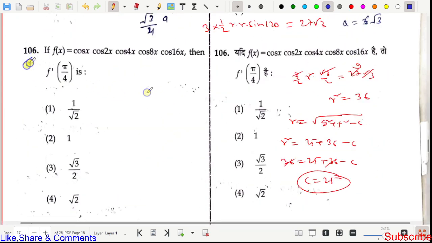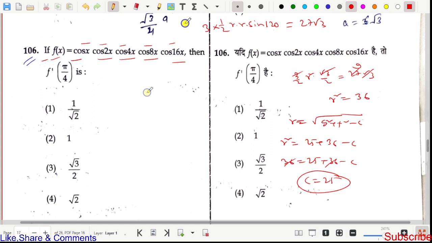So moving to the next question, 106. If f of x equals cos x, cos 2x, cos 4x, cos 8x, and cos 16x, then find the value of f dash pi by 4. So this is the product of so many terms: 1 term, 2 terms, 3 terms, 4 terms, 5 terms. When there is a product of many terms,